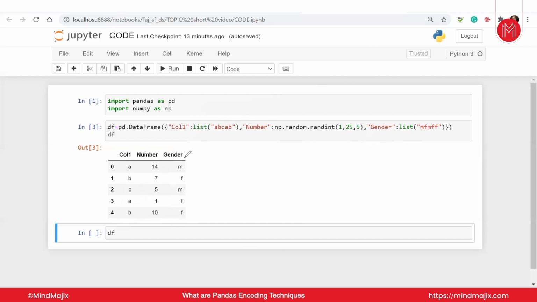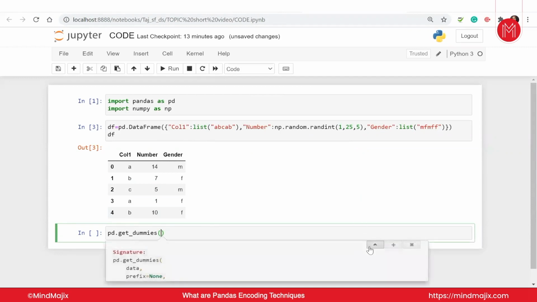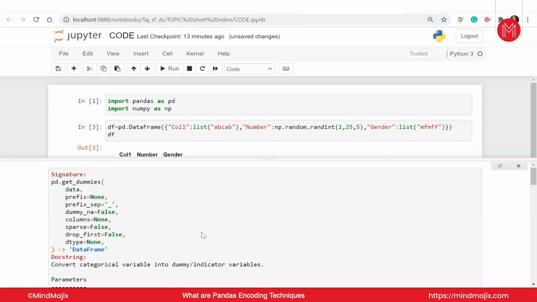Moving forward, what we do, I use something called pd.get_dummies, and here we go with the value. Let me show you the definition. Now, get_dummies is a function, guys, that we use to encode the data set. Encoding, as I told you, we will convert the categorical values to numerical digits. To do this, we have these parameters. So these are the parameters that we can use.